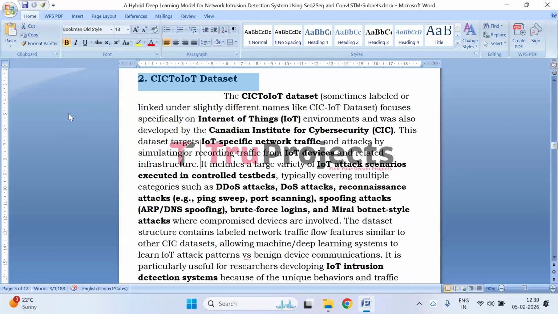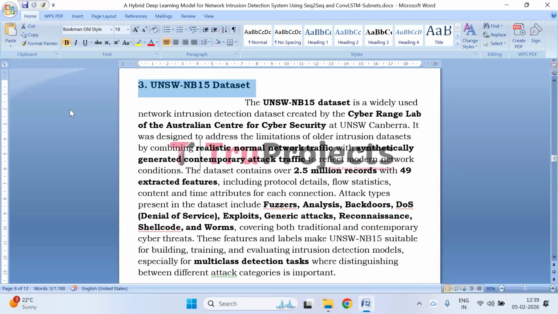With structured network flow features similar to other CIC datasets, CICIoT enables machine learning and deep learning models to effectively distinguish between benign IoT traffic and attack patterns, making it highly suitable for developing and evaluating IoT focused intrusion detection systems. And third, we have